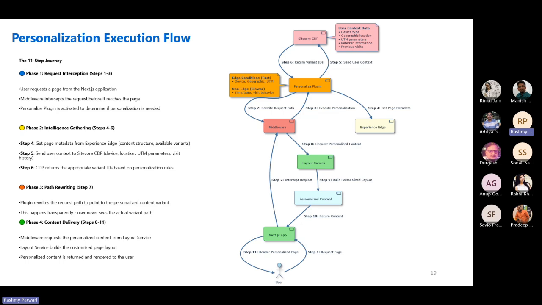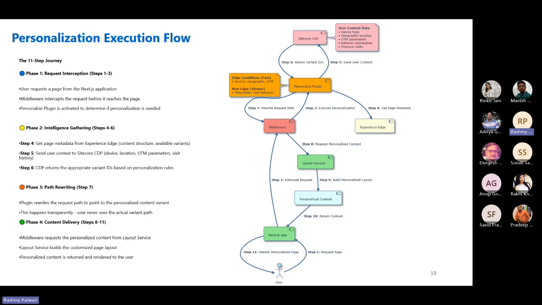Then the system gathers the intelligence by fetching the page's data from Experience Edge. The page as well as all its variants are gathered from Experience Edge. You'll see that in the logs. So you get the page, and then it will say that it has, say, 2 or 3 variants I created for the page in the pages editor. All of them come as a package from Experience Edge.